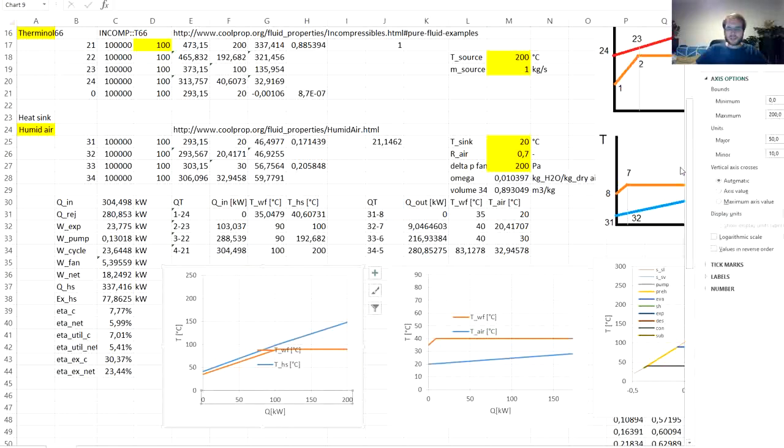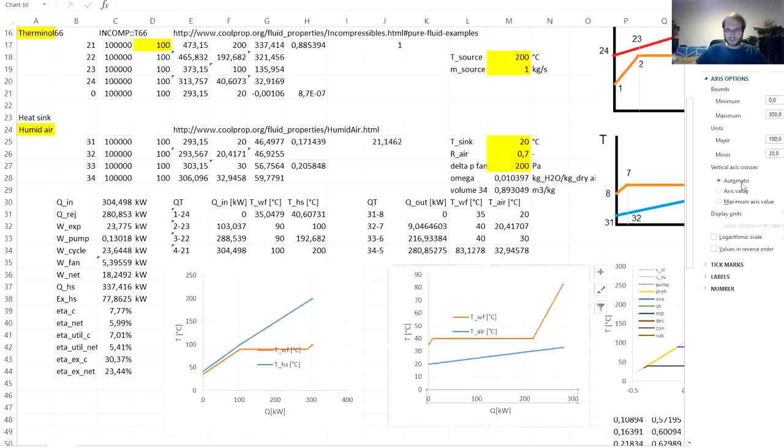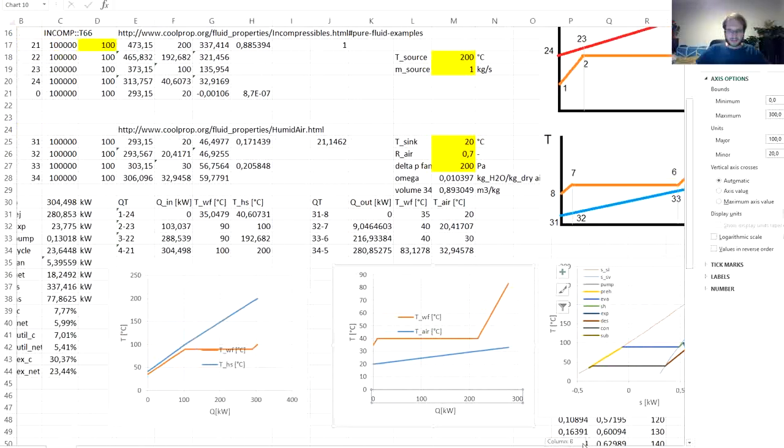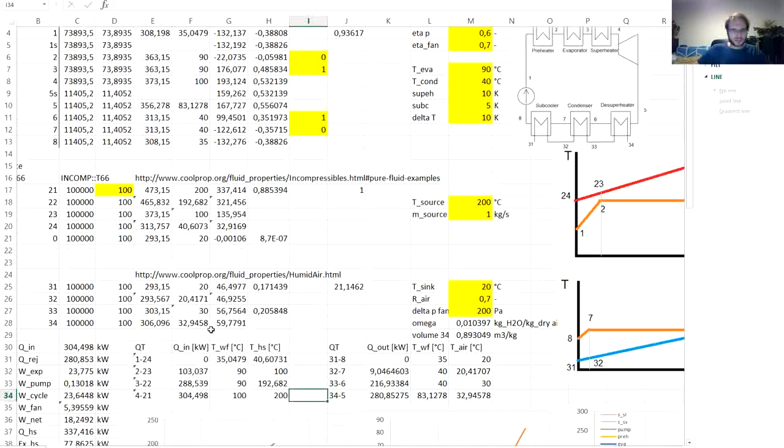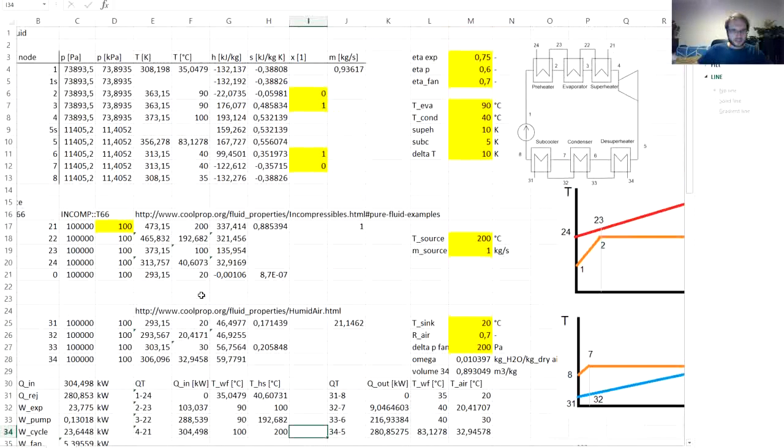And also let's relax the limits of the diagrams. And what you can see here is that we expected the pinch point, the minimum temperature difference, to be at this point, but if we decrease the evaporation temperature this low, the minimum temperature difference would be here at the outlet of the heat exchanger, and we can indeed see that the temperature at the outlet over here is